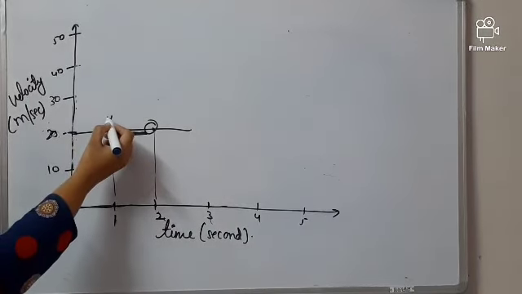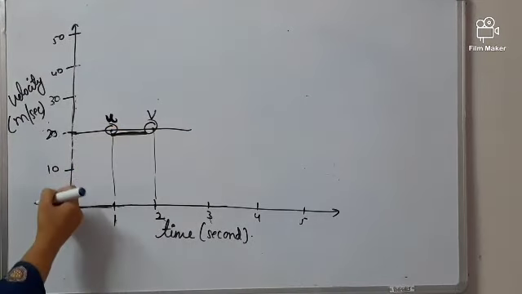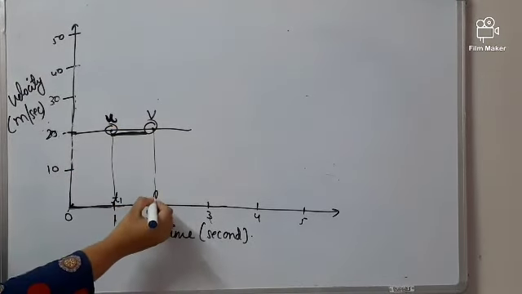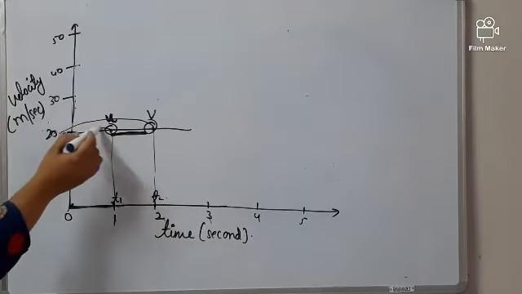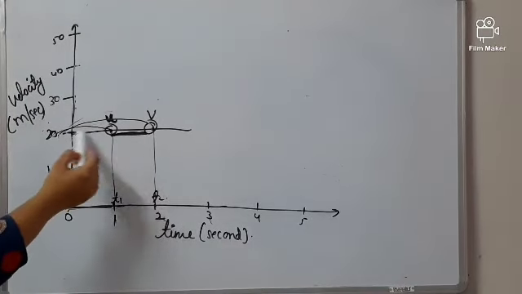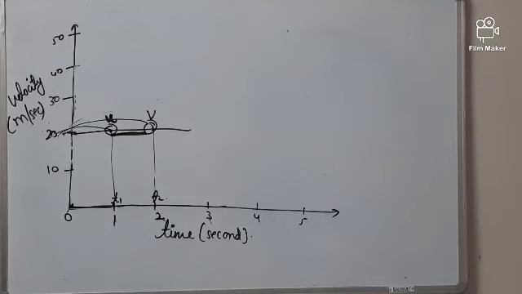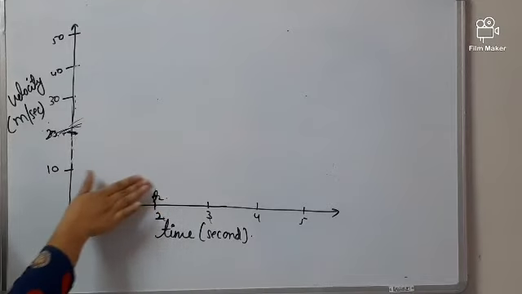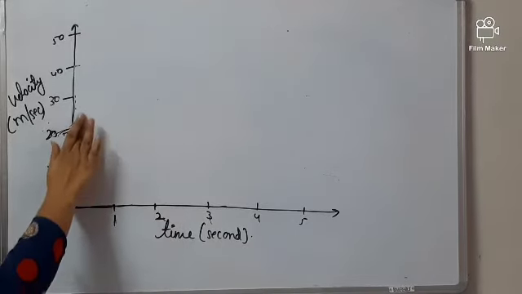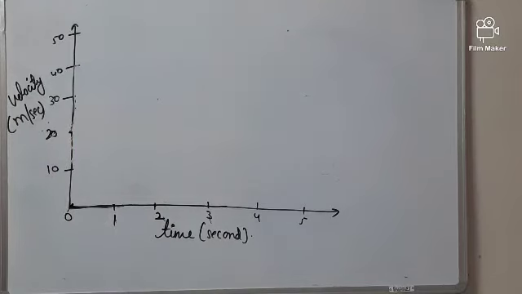This is u, the initial velocity. This is v, the final velocity. This is T1, this is T2. So what is the change in velocity? At v it is 20, at u also it is 20. So the change in velocity, 20 minus 20, is 0. If there is no change, the velocity change is 0, which means acceleration is also 0. So in constant velocity you will not get acceleration, because in the case of acceleration, the velocity will never be constant. There has to be a change in velocity, only then will acceleration occur.